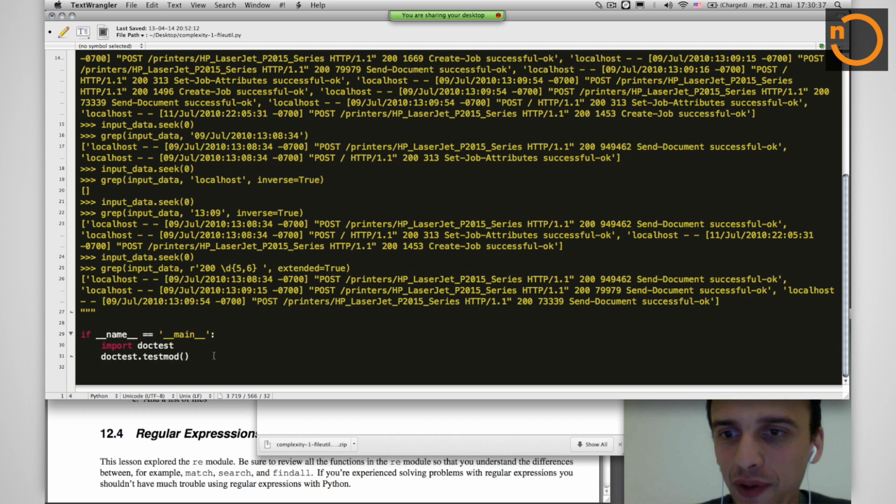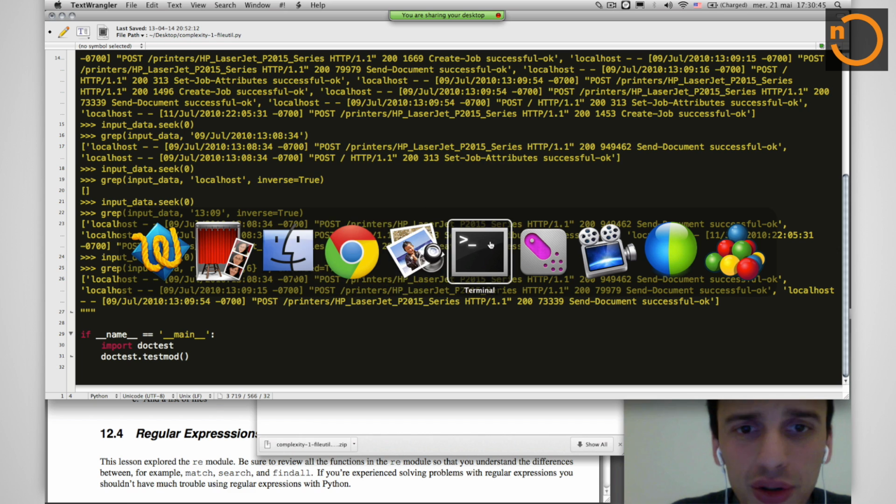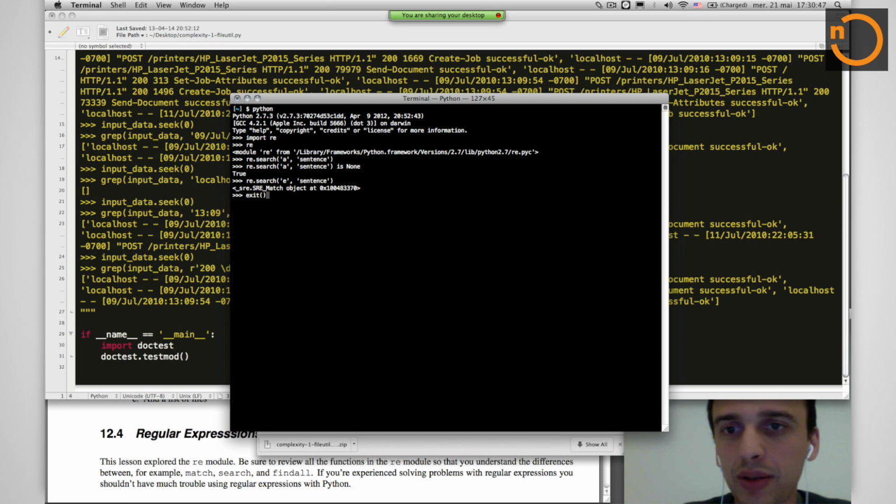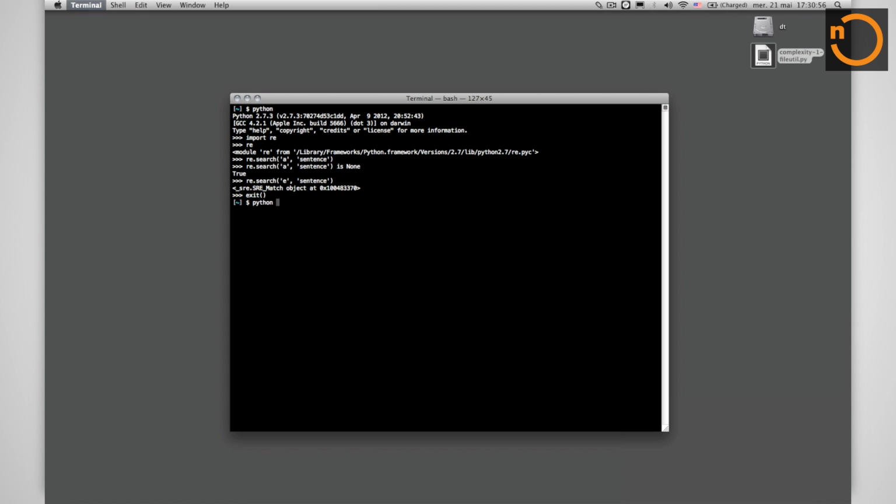And at the bottom of the file, well, this file doesn't do much. It only calls doctest, and it just says, go ahead, doctest, do your magic. So actually, if we run this file, these two lines, or the three with the if, will be the only lines called. So if I call this file,